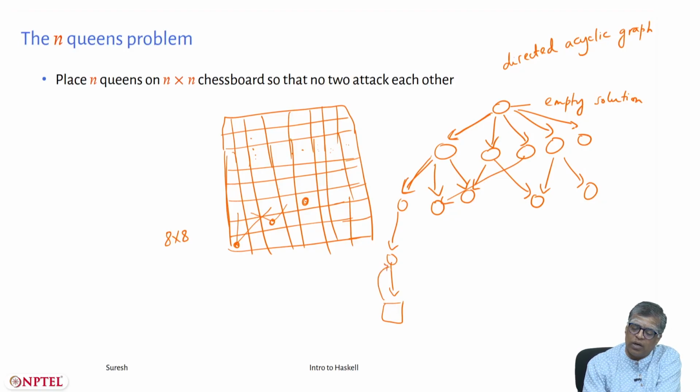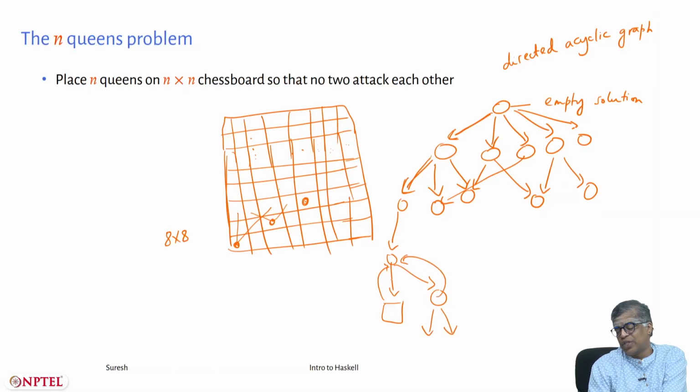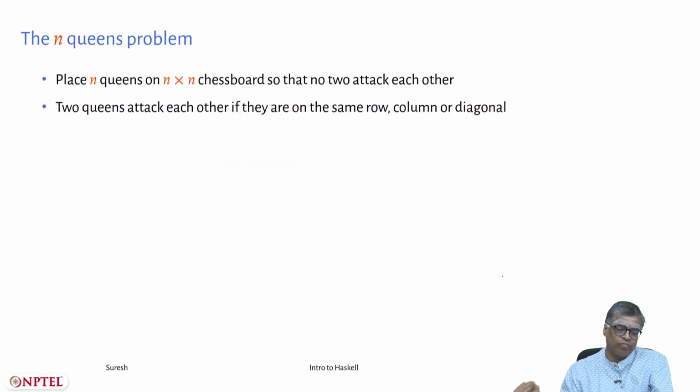You will go back here and then try the next possible extension. And maybe here also there is a problem. So you will go back, and maybe now you have exhausted all possible extensions at this level. So you will go back here. This thing itself you will give up, and then you will go back and try that other extension there. So this is really the problem, and you generally will have to backtrack.